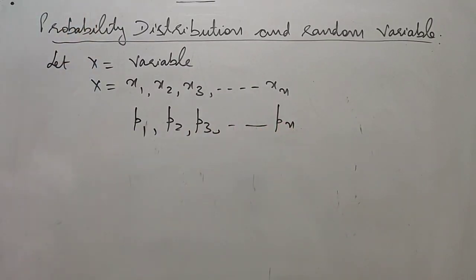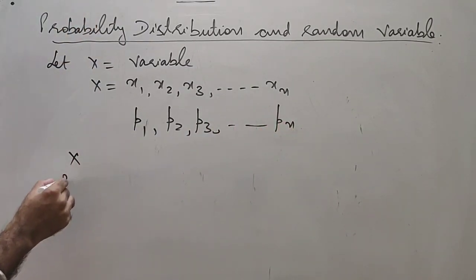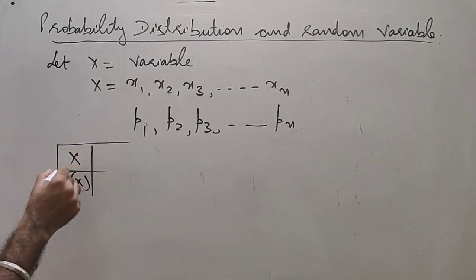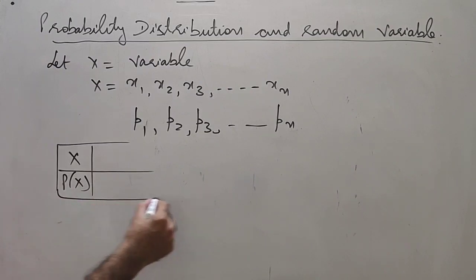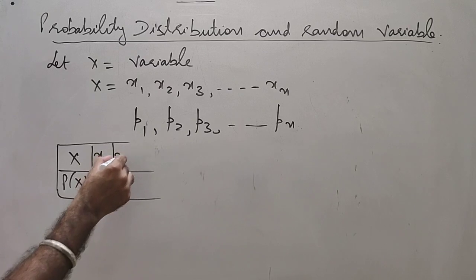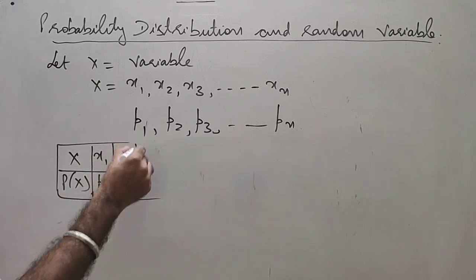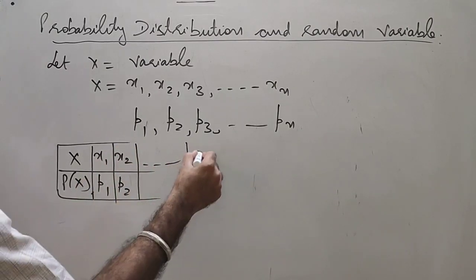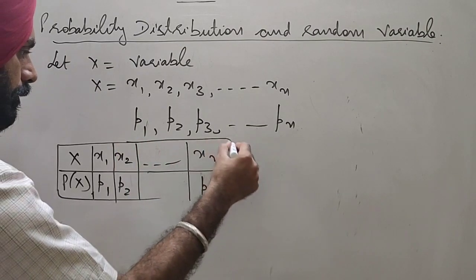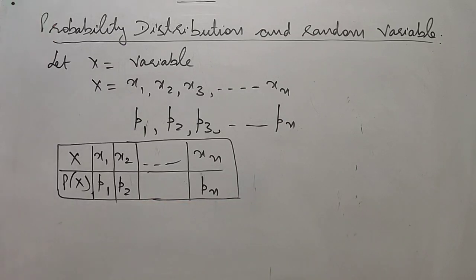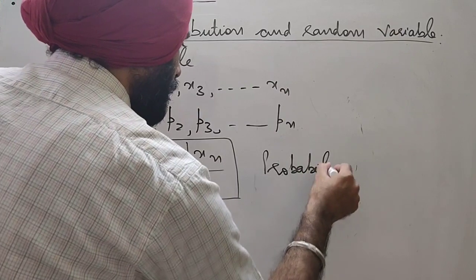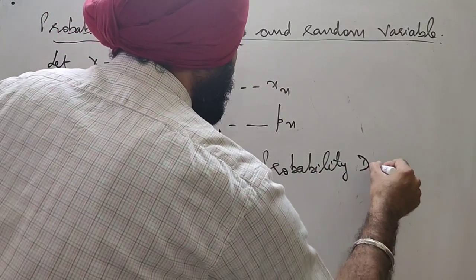And let us make a box in which the first row has the values of X and the second row has the values of probability: x1 with the probability p1, x2 with probability p2 and so on, xn with probability pn. So this table is called the probability distribution table,